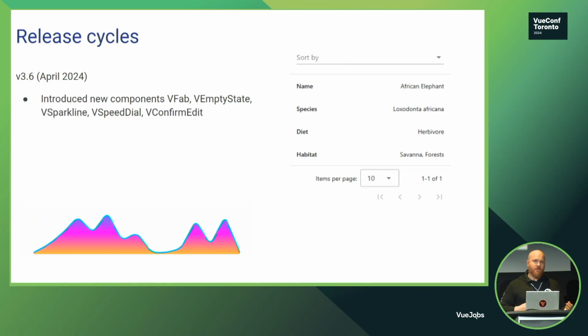It allows people to implement these components before they're actually released in the framework. And so far, it has been a very successful initiative. And with version 3.6, we were able to bring 5 new components to the framework. VFab is a layout-aware component that works with Vuetify 3's nested layout system to give you on-screen controls. It works with things like speed dial, definitely good for mobile view, giving your users navigation and action options from